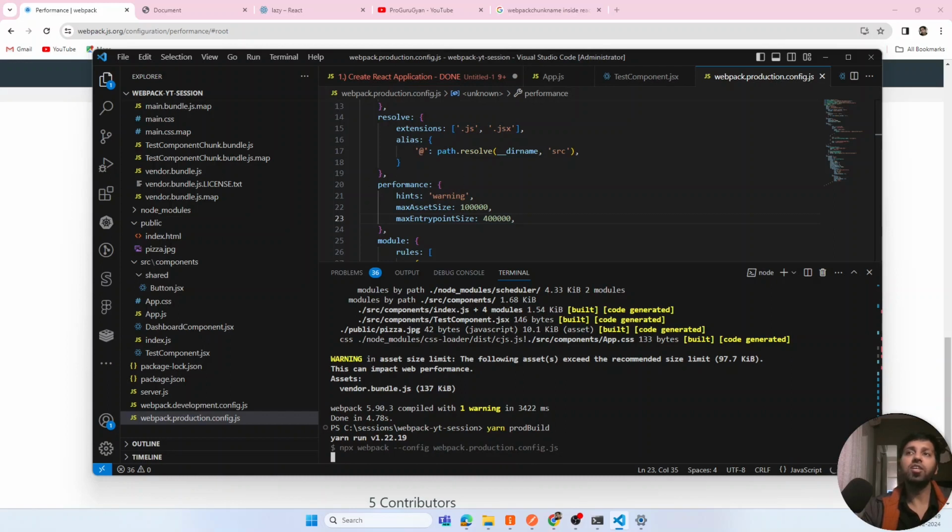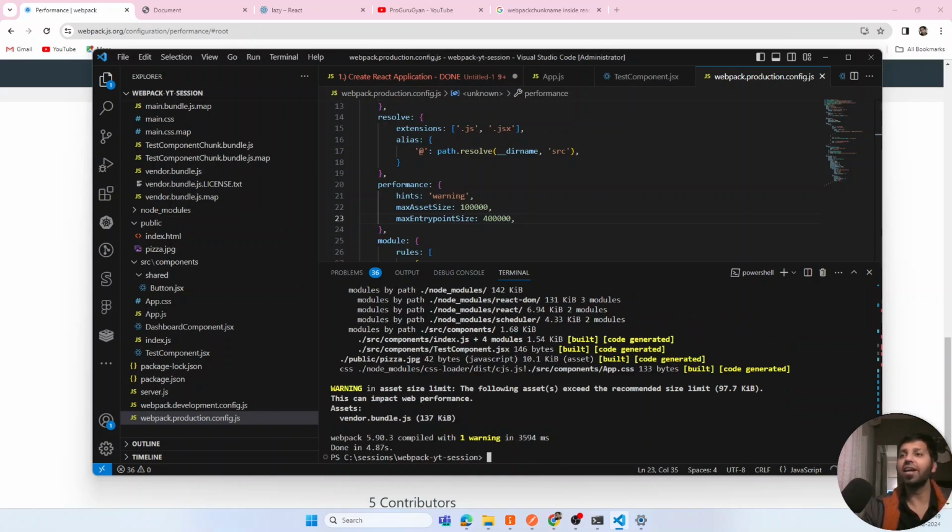You can break your build as well. If I put an error inside that, it will break it, right? So I will make it a smaller number. I will remove the max asset size. Okay,